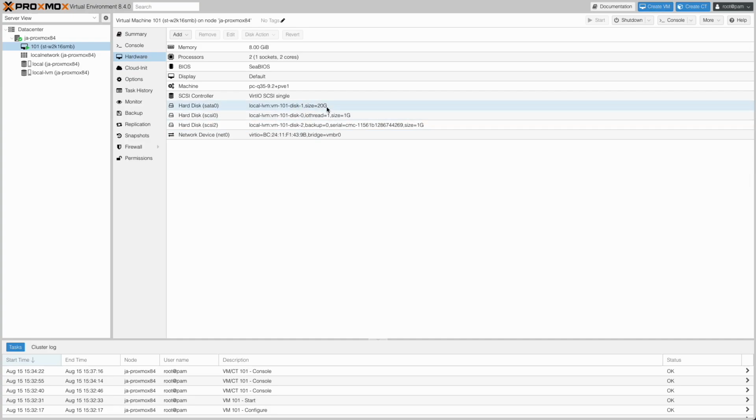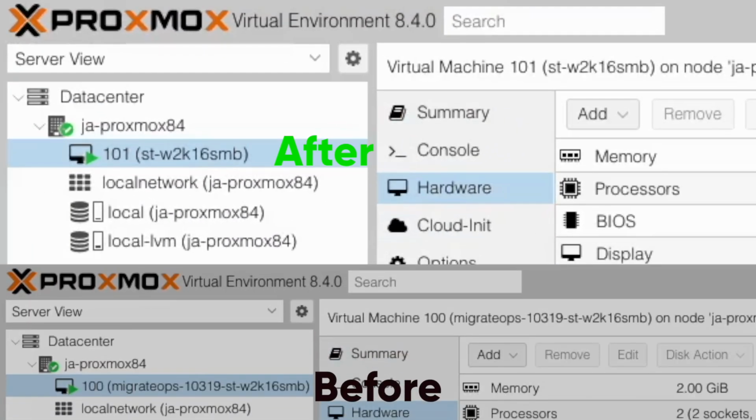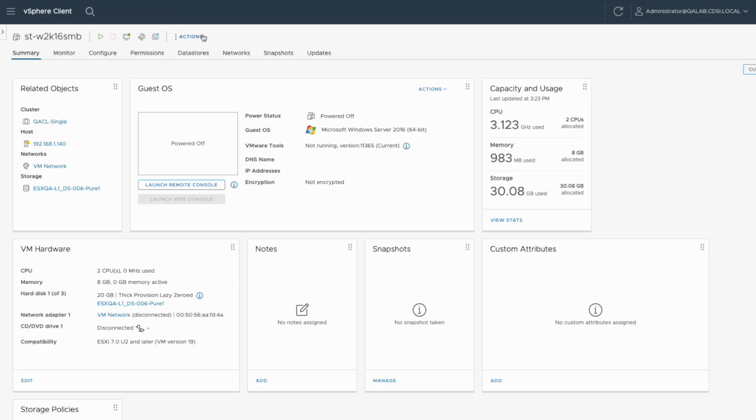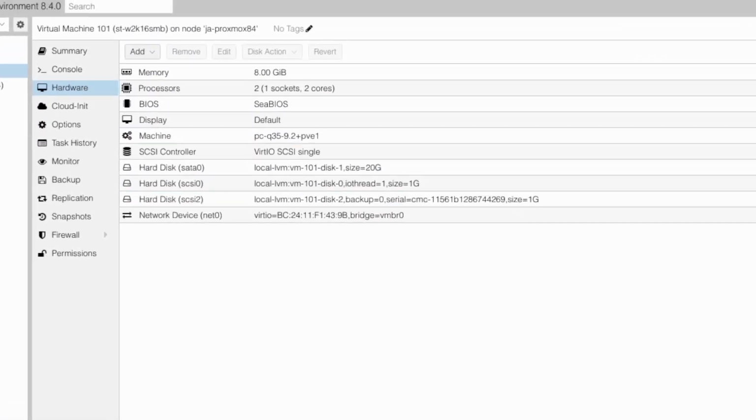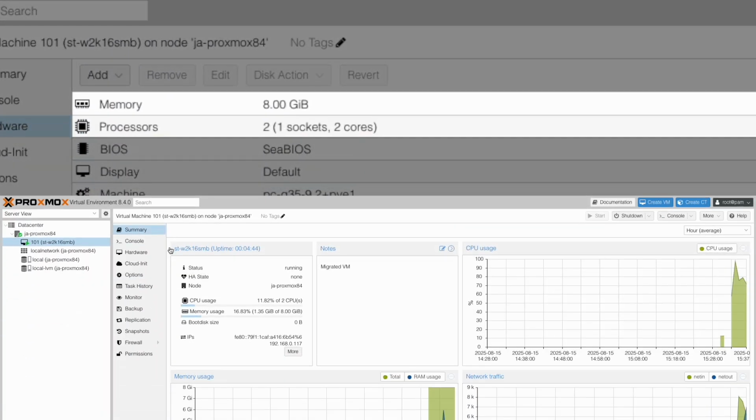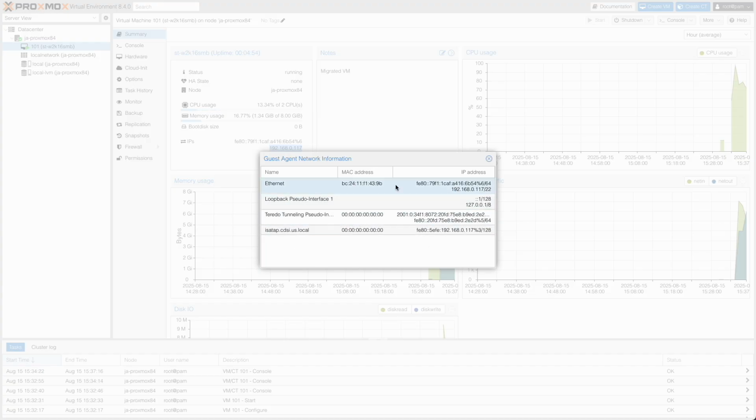Looking at Proxmox, we can see that our final instance is ready and our MigrateOps temporary VM is cleaned up. It is running with the same name as our original VMware, which is now powered off. Let's take a deeper look at the details. It now has the same 8 GB of memory and 2 CPUs with 2 cores and 1 socket. More importantly, we can see our IP address, and Cirrus Migrate Cloud has automatically installed the guest agent for us